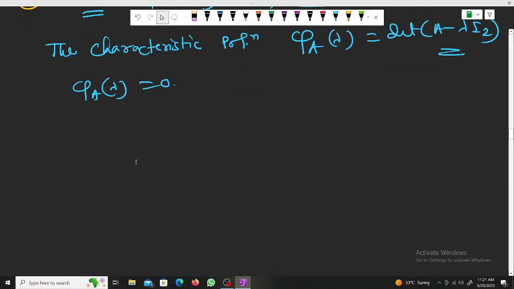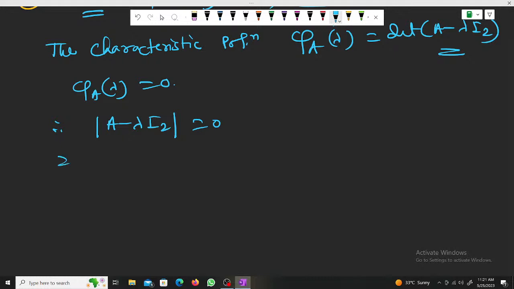That is det of A minus lambda I 2 equals to 0, which implies this matrix 0 -1 0, sorry,